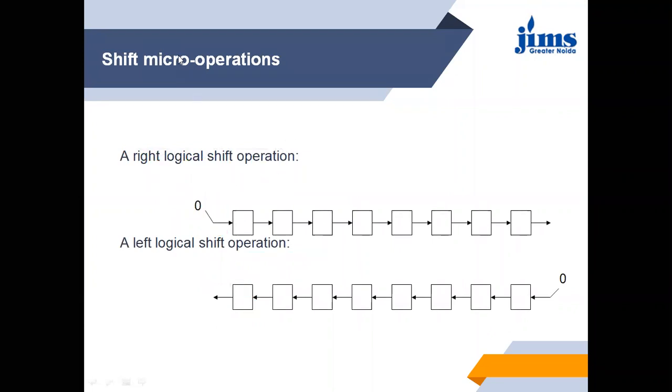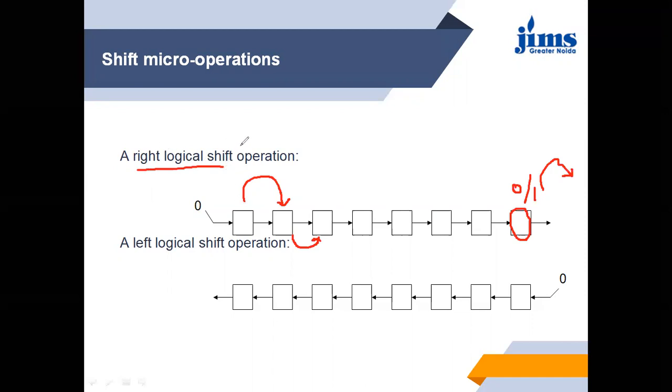See what happens when we are shifting right. When we are shifting right, there is no problem. The content of this is going to be shifted over here. But the content of the last bit, either it contains 0 or 1, will go out from this register. Whatever will happen with this bit is not the case of discussion over here. Our purpose is to discuss the logical shift right or logical shift left.